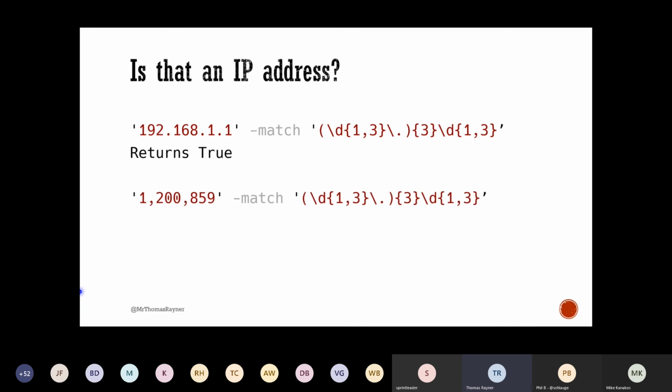So what if you had something like this? We're not changing the pattern on the right at all. We're not changing the regular expression, but we're changing our input. This is false because I'm still looking for 1 to 3 numbers, which I'm finding, and I'm looking for my period, which I'm not finding. Okay, well, looking for 1 to 3 numbers, which I found, period, didn't find that. 1 to 3 numbers, no period. So I didn't find that pattern. I didn't have to go through all of this to know that this doesn't have that pattern in it.